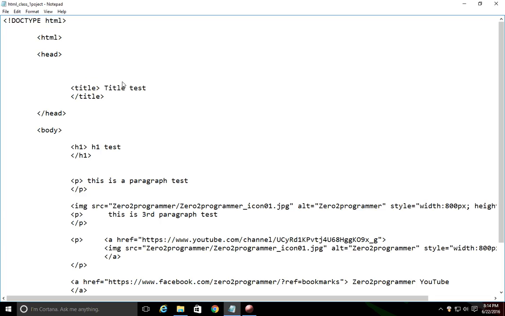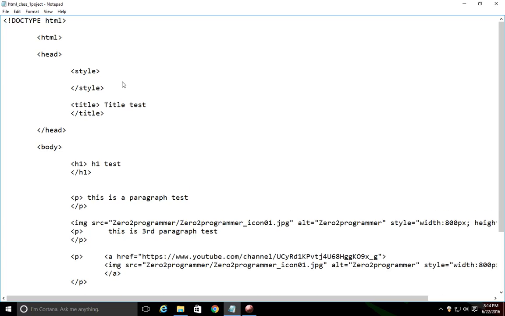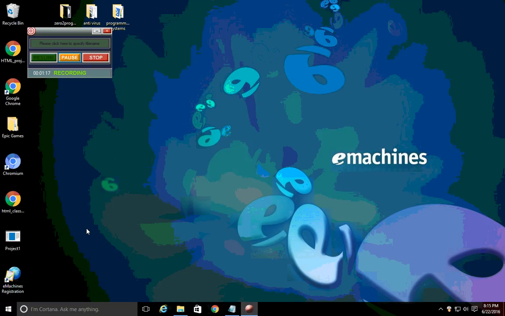But we're going to start off with a tag called style. And then, just to make sure we don't mess ourselves up later, we're going to go ahead and close this tag. Now, in between here, we're going to use this style tag to modify how a link looks when you see it on the screen. It's not going to actually do anything yet, but we're going to take a look at an unmodified